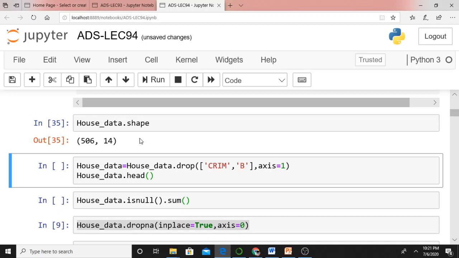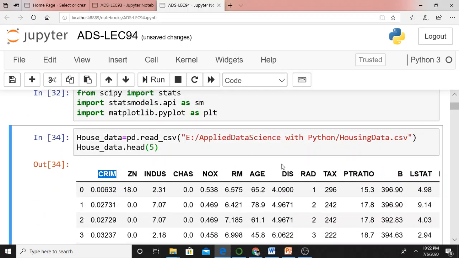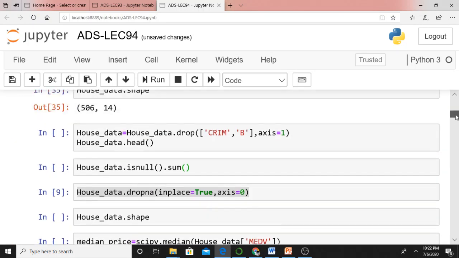If you invoke isnull().sum(), you will see that. There are 506 records and 14 columns. Now, what am I doing? I am not interested in the CRIM column, and there is another column, the B column. Therefore, let me drop those columns.